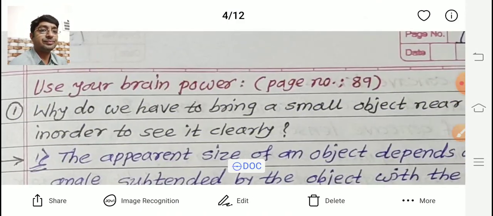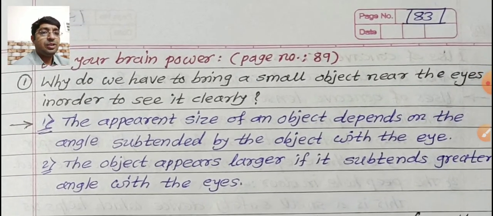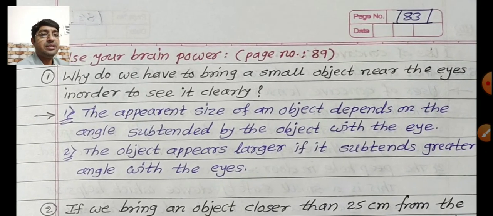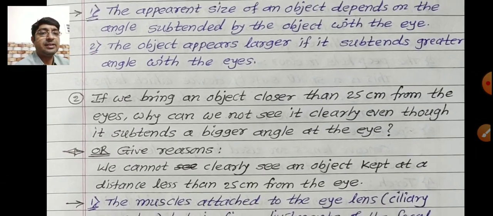First one, answer of the first one. The apparent size of an object depends on the angle subtended by the object with the eye. This point we learned in the previous point, that is apparent size of the object. The object appears larger if it subtends a greater angle with the eye. And second answer